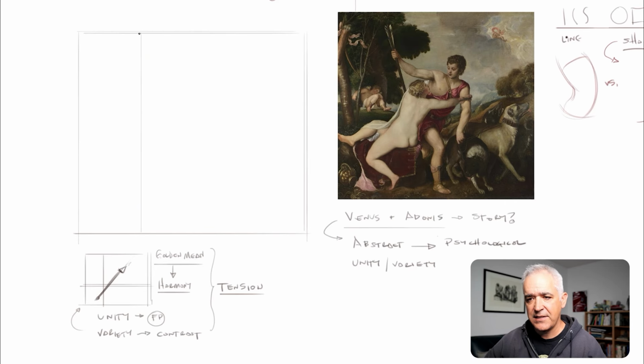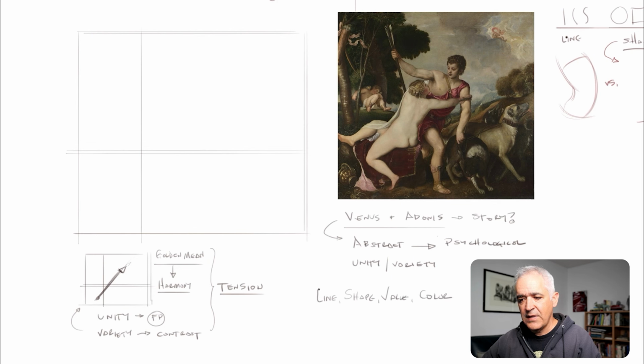So if I start to sketch this in here, here's my picture again. Again, my intention is not to create a finish. I really want to think about how the fundamentals, line, shape, value, and color, come back to and redevelop or elaborate or give texture and interest to my schema, my compositional map of what's taking place.